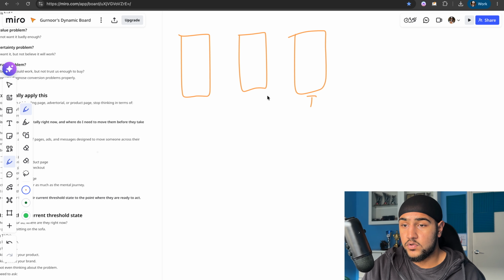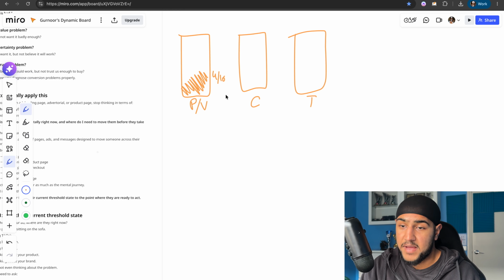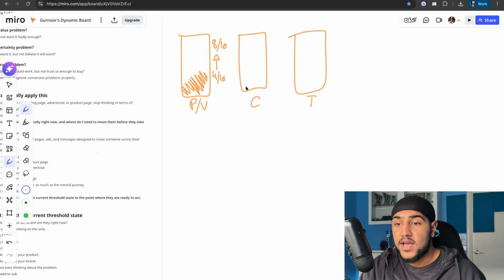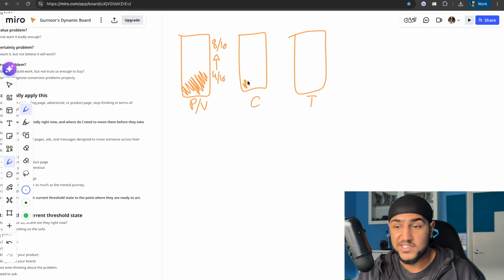This is their trust in you. This is their certainty in the mechanism. This is their pain/value. Where are they right now? How much pain are they currently in? Are they in maybe a 4 out of 10 pain, and you need to make them feel a little bit more pain before you get them to act? Maybe they need an 8 out of 10 pain threshold. And then how much certainty do they actually have in your product right now? If you're creating a top of the funnel ad, it's probably not going to be that much unless you have a product that is very easily understood, but then again, they might not even know your product. So this is usually quite low. And the trust in the company, if it's a top of the funnel ad, it is going to be abysmal.